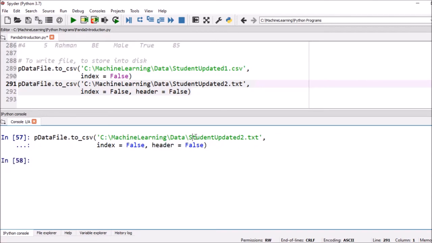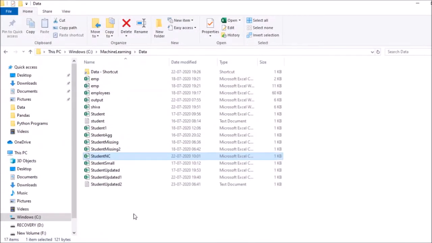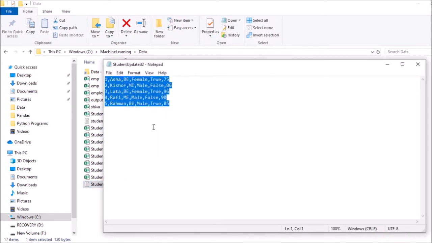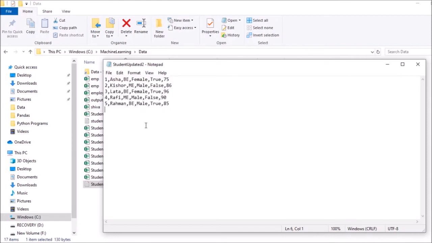You can see the student update 2 file is there, now in .txt. Here no header is there, no indices are there, and the true and false values are there, which you have just changed.